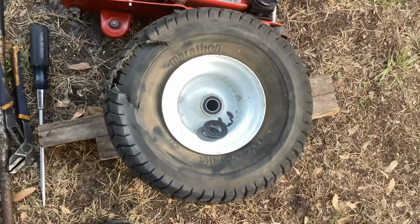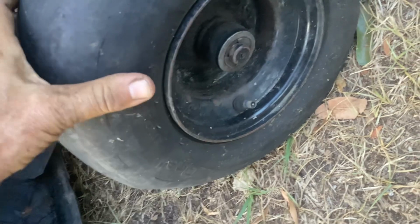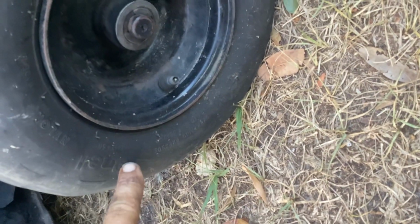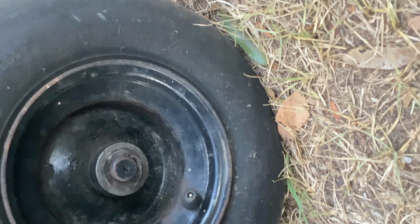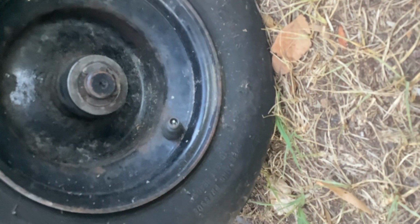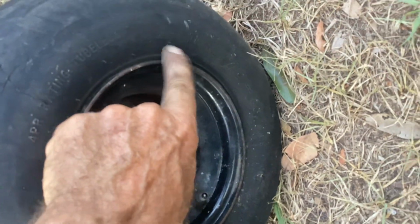Maybe spoon that one off and get the right size for it. And if the rim's the right size on this one, get rid of this ball tire. I don't know if this came off a wagon or something, but this has got a really weird size tire. 145/70 by 6. That's really a crazy size. O'Neill nylon. AT, is that all terrain? Maybe this came off of a four-wheeler